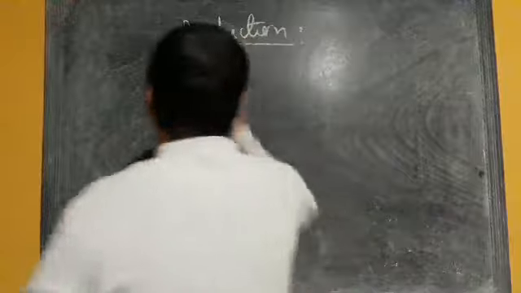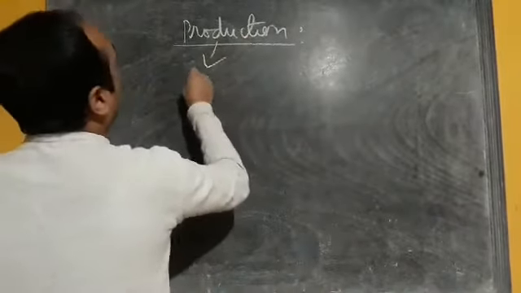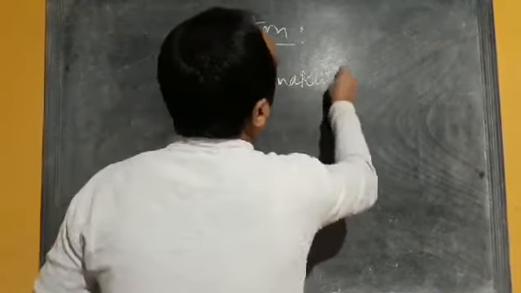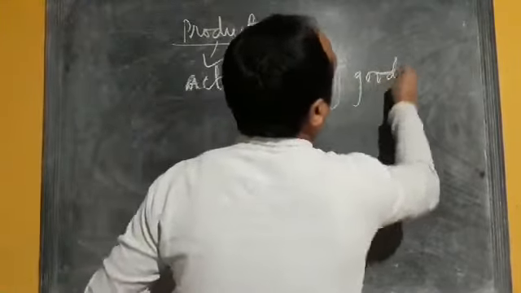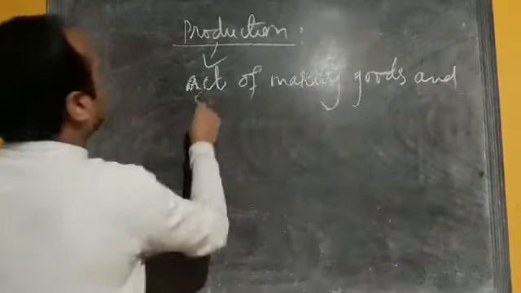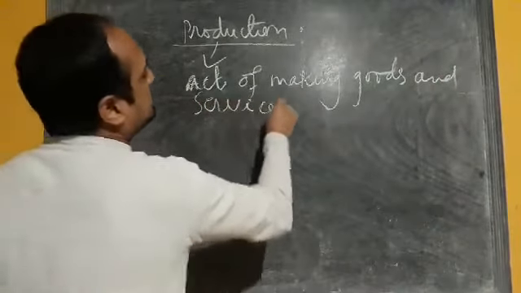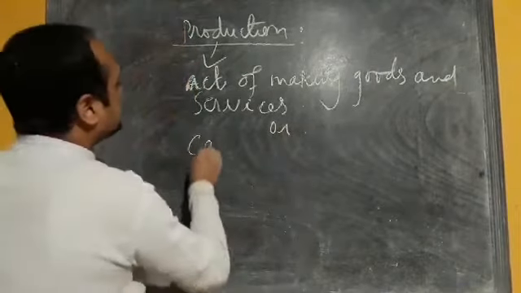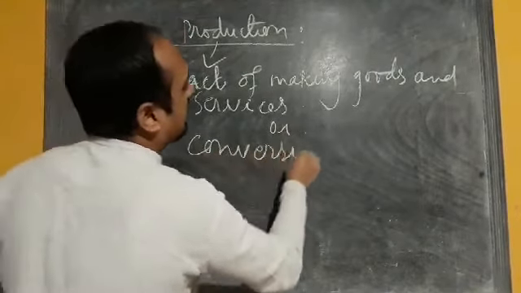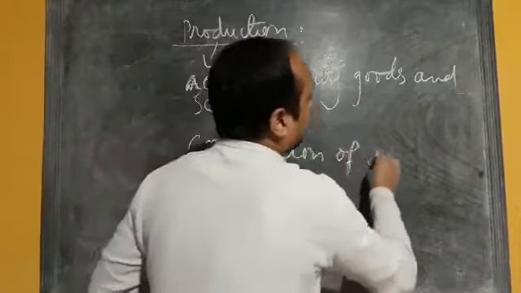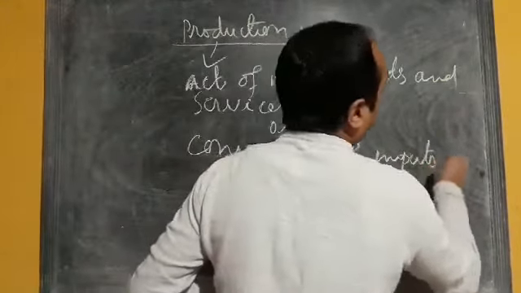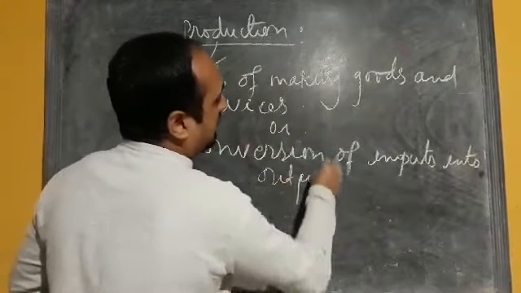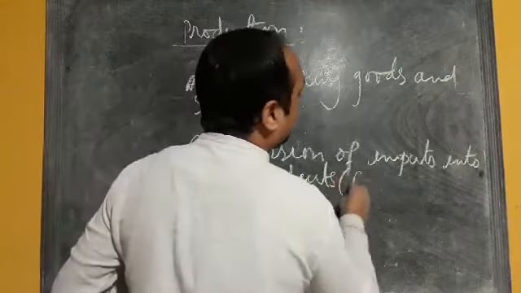Production is defined as the act of making goods and services, or it can also be defined in another way, as conversion of inputs into outputs. So output means here finished product,